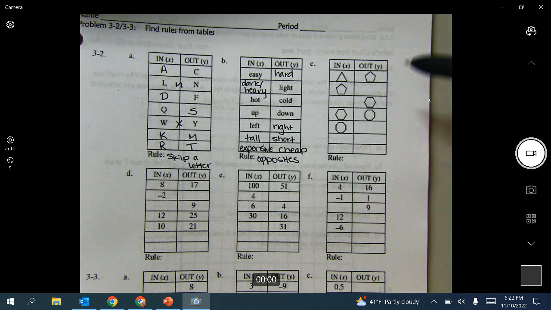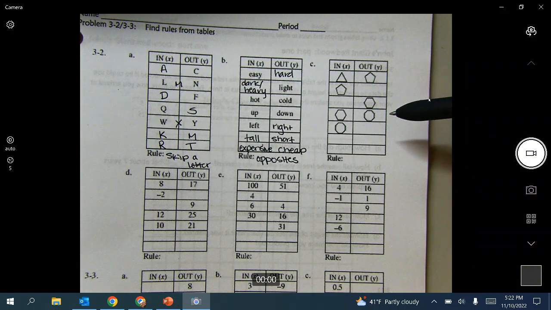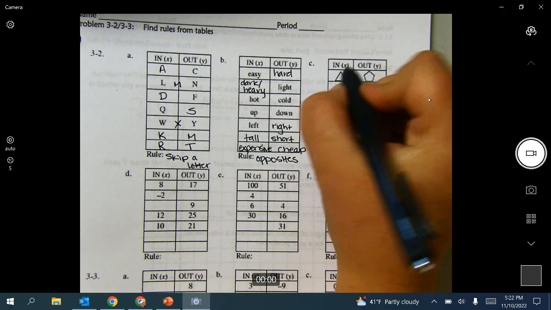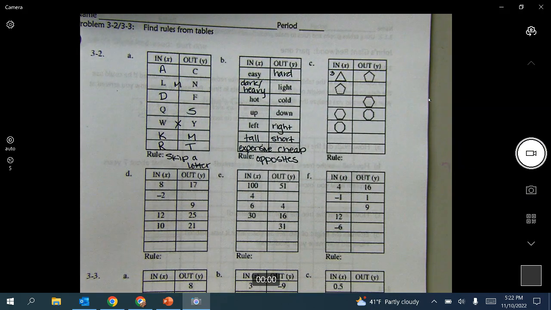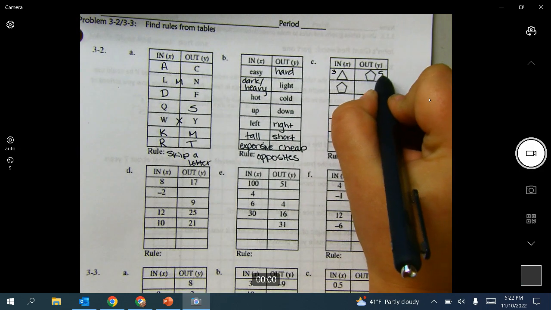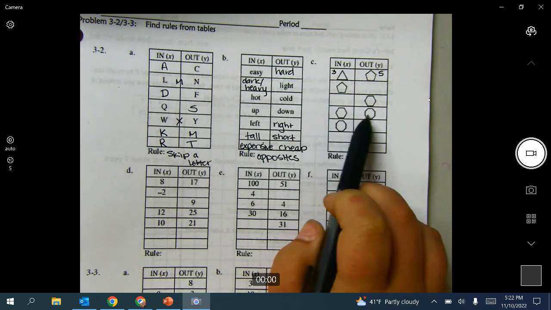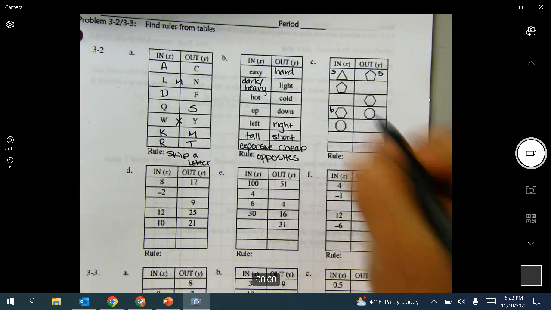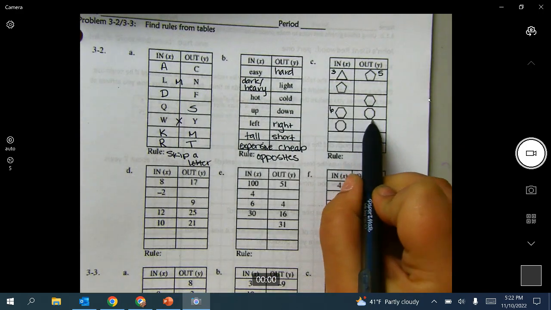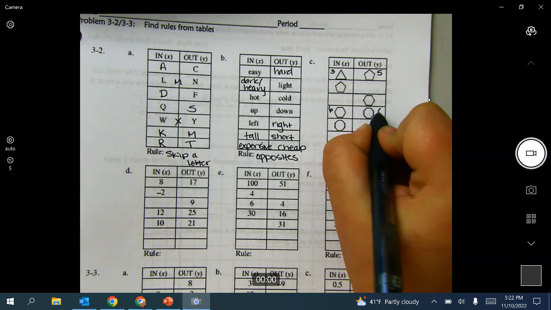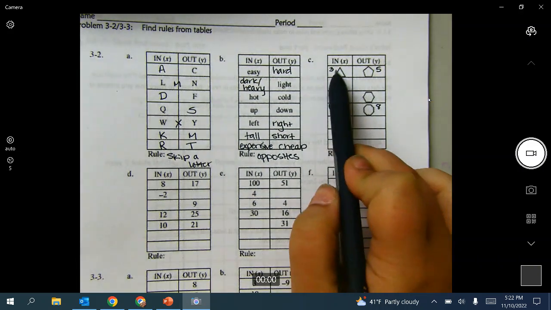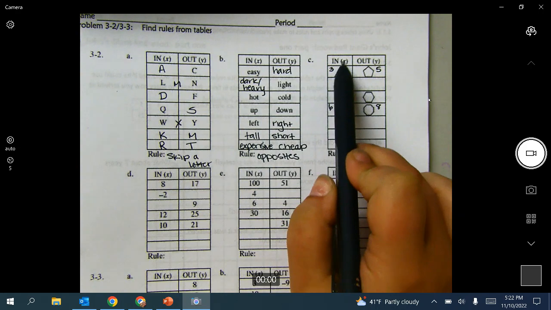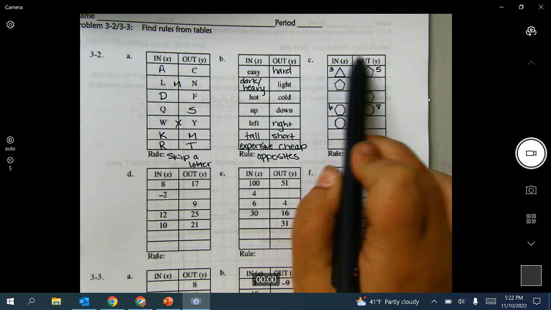All right, so for a lot of you that came up to me asking about this one, my hint was to look at the number of sides. Okay, so a triangle obviously has 3 sides. This shape right here is a pentagon, which is 5 sides. Okay, I also have a clue right here. I see that this has 6 sides, so it's a hexagon. And this shape has 8 sides. It's an octagon. So I'm seeing that each time I'm going from my X, my input, to my output,